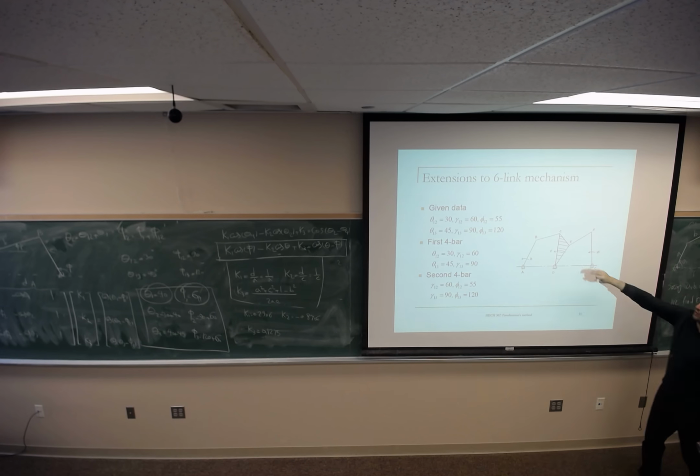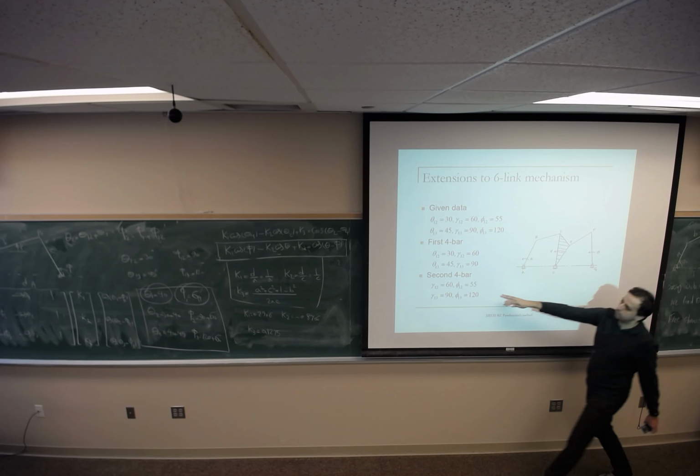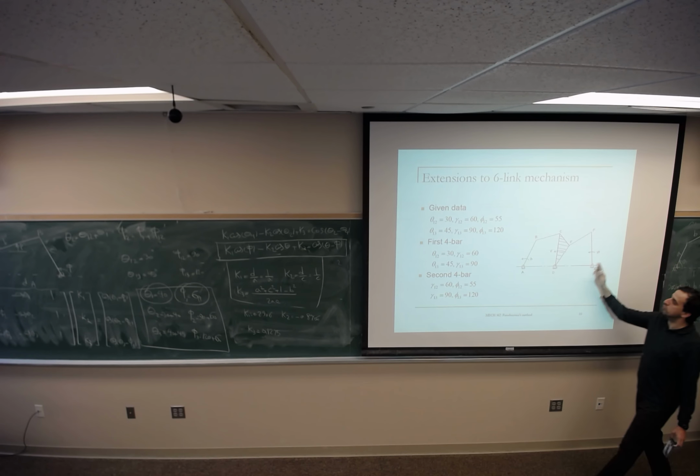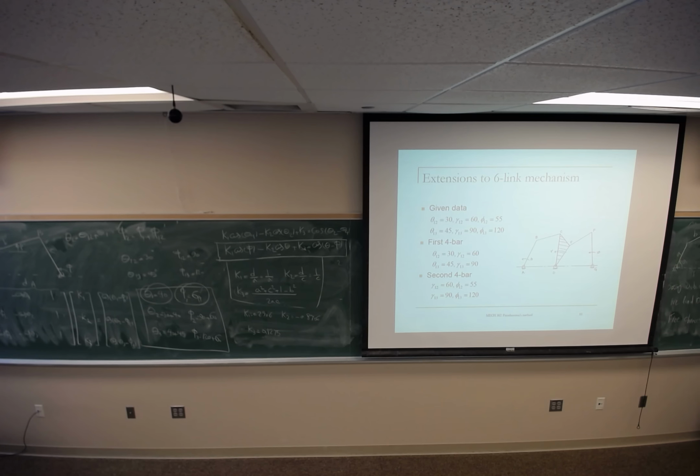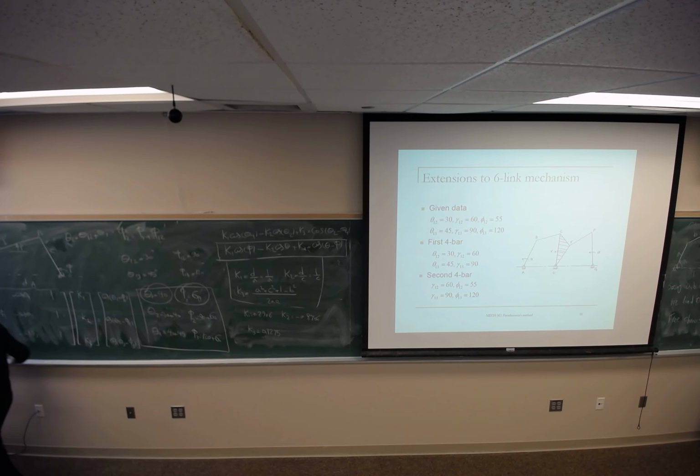If gamma 1 2 is 60, we would like the output to be 55. If gamma 1 3 is 90, we would like to have phi 1 3 equal to 120. So we can size E, F, G, and this one is 1 again. So this is how you can do the kinematic synthesis for